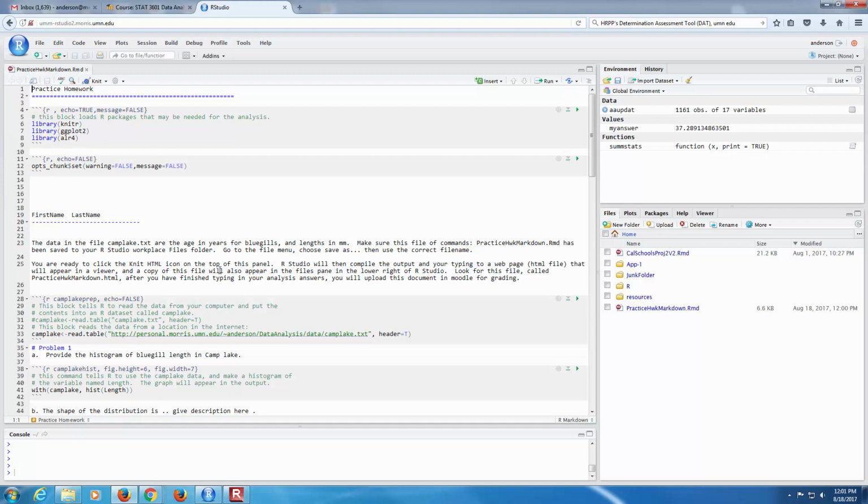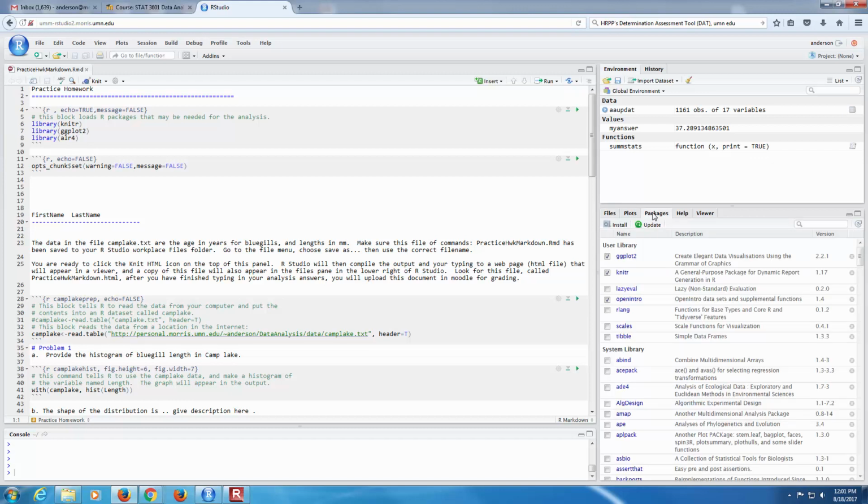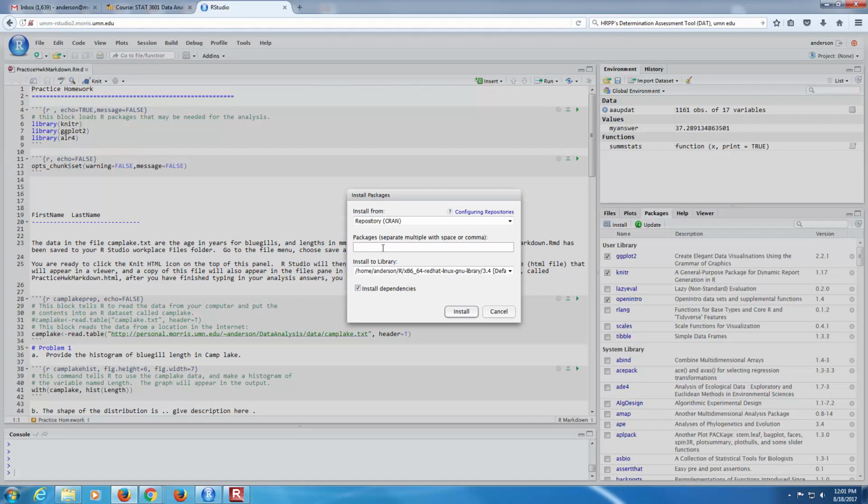To make sure these things are all installed and ready to go, you need to go over here to this Packages tab and click on it, and click on Install, and type in these packages: knitr, ggplot2, and ALR4. I know these are the ones I want because I can see up here in lines 6, 7, and 8 that these are packages I'm going to want to have available for my work. And so you'll click on Install,